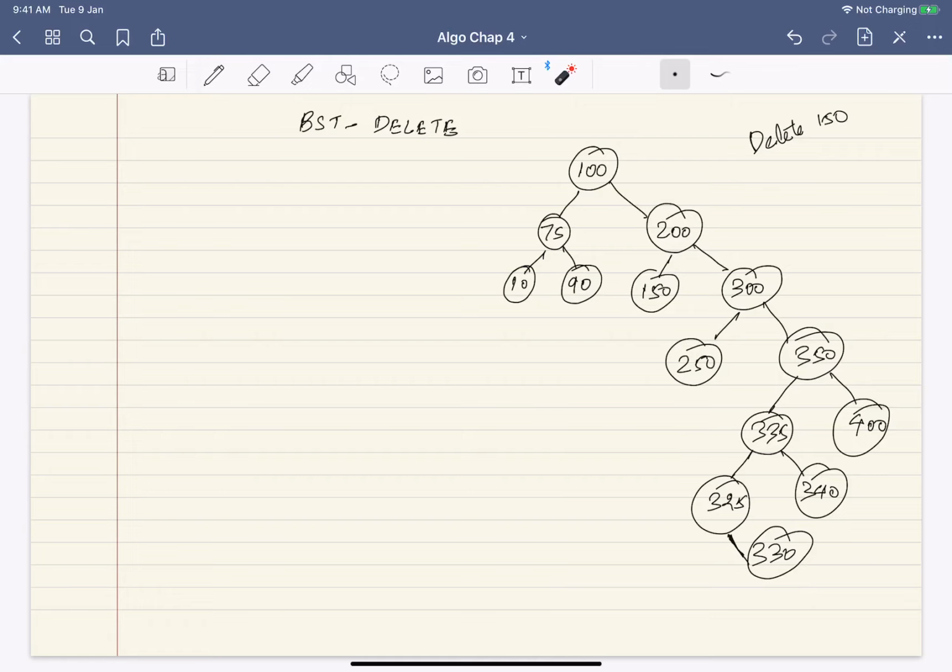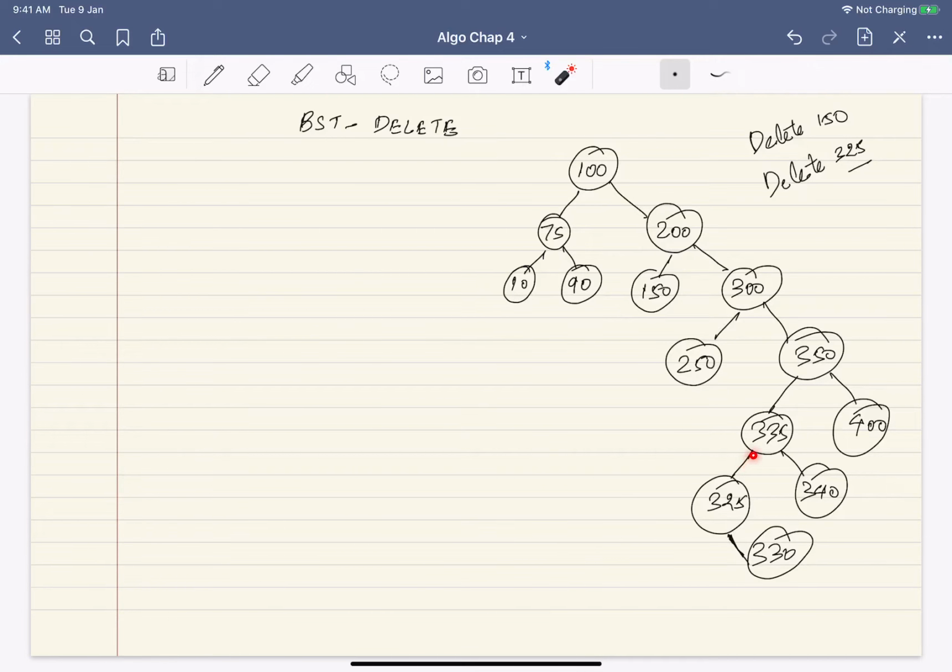Now let's try some other node. Let's try deleting, say, 325. If I try deleting 325, I cannot do the same thing as last time. Suppose I put the left pointer of 335 to null. Will that be sufficient?